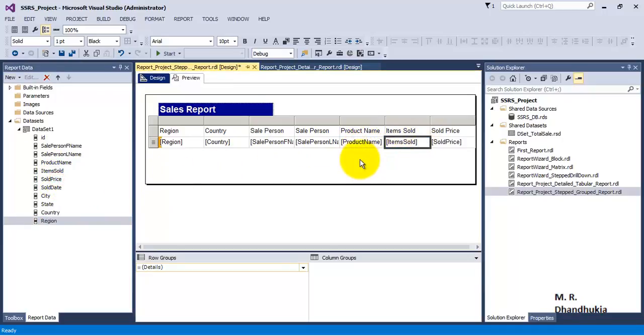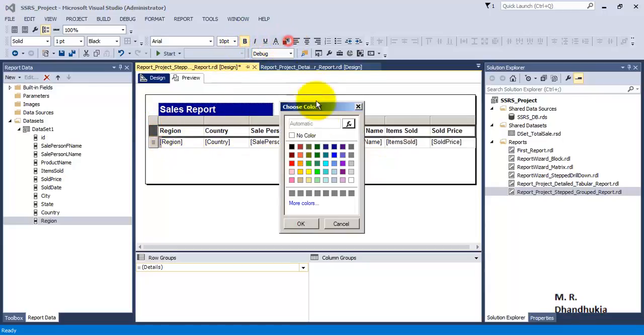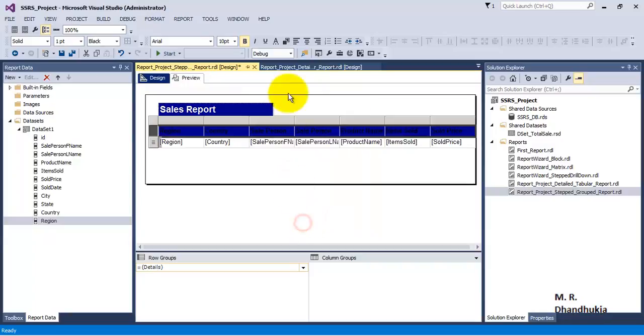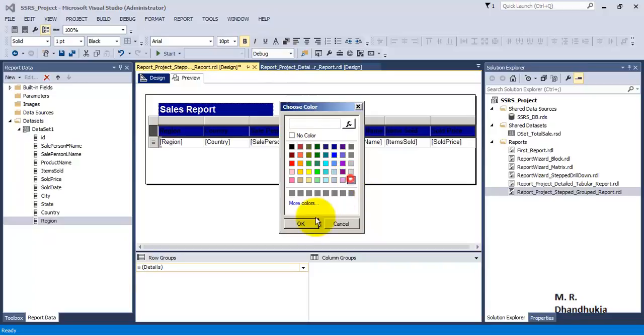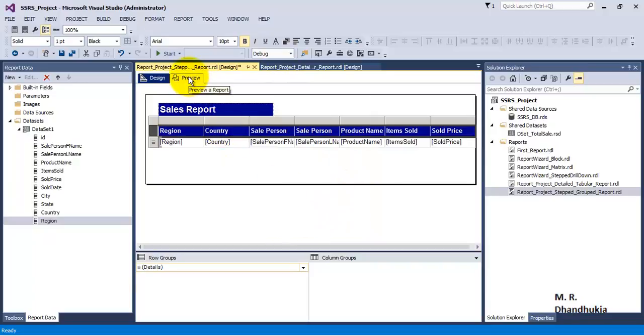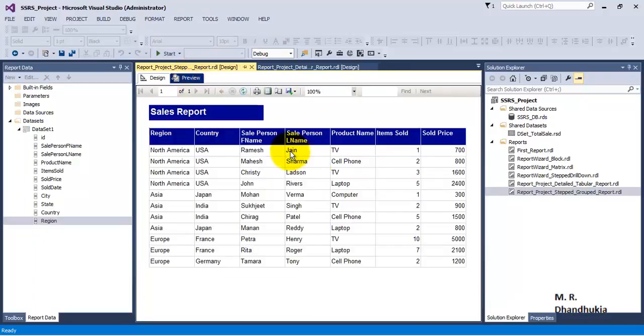So this is the data that we want. Let us make it bold and give it a proper color. So let us first of all view the detailed report.